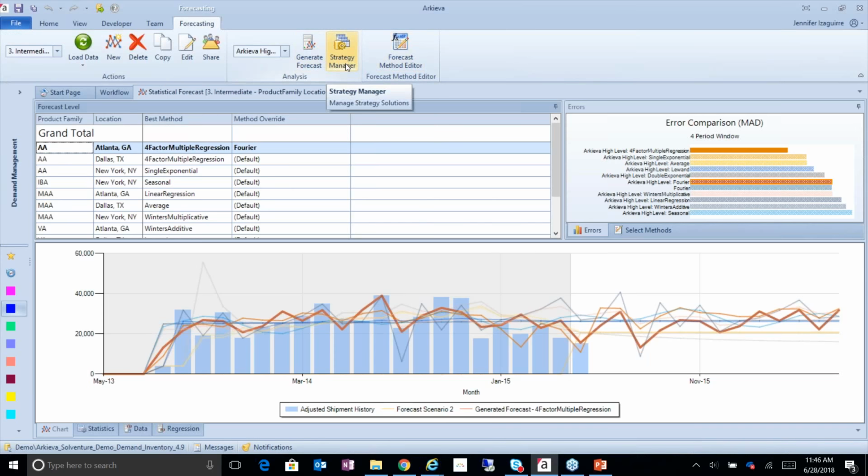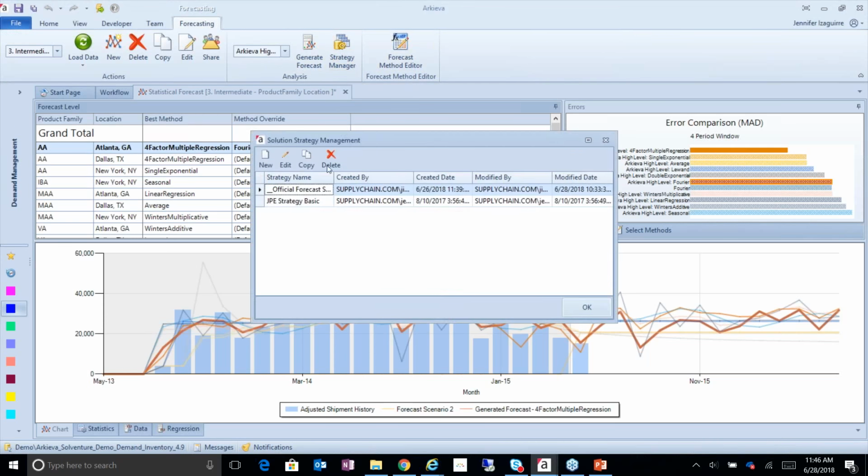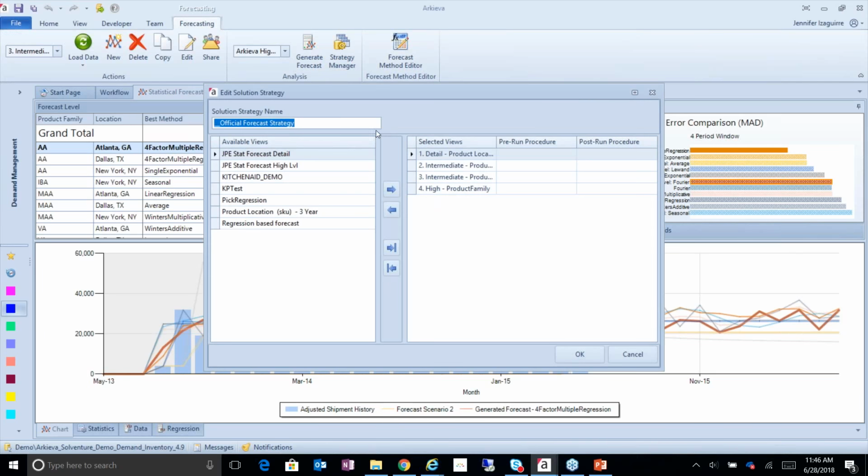So within the same module, you have this last button called Strategy Manager. I created one for you. I'm going to just double click. And what that does is, what I'm doing is pretty much telling my system that this is the strategy that I want to run. I want to ensure that every time, as Arkieva, we run these calculations automatically, because